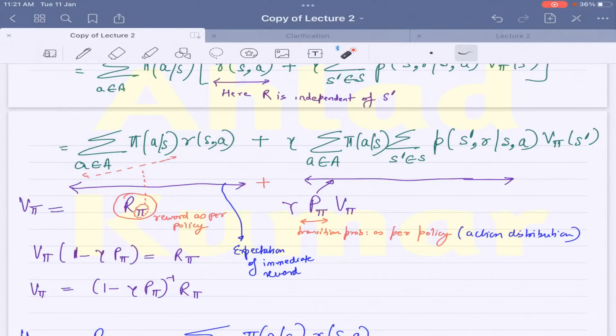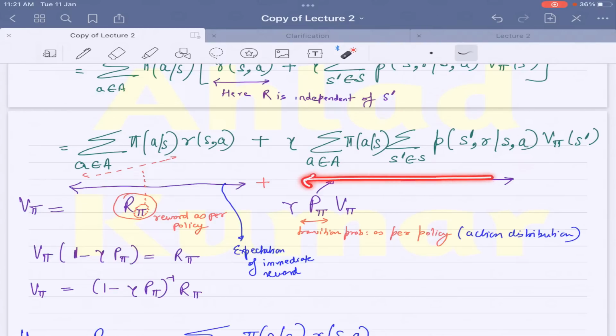So that's why now it's R subscript pi, because the rewards are based on the policy. That's why we are denoting it by R pi. In the earlier case, in the Markov reward process, it was only R. So now it is R pi, and this is as per the policy. Here we have V pi as per the policy, and then we have gamma times